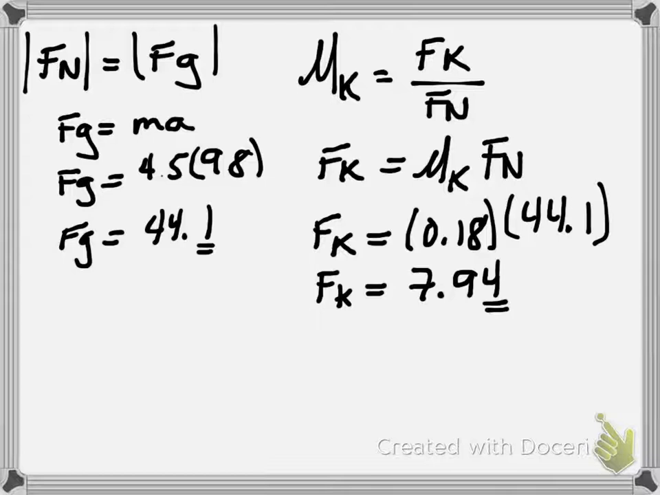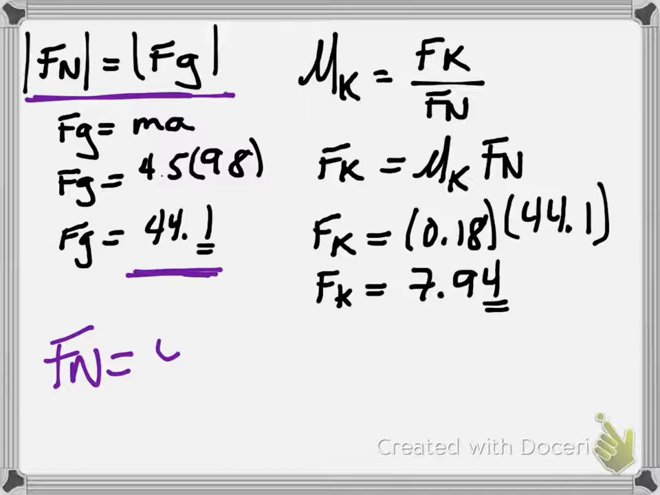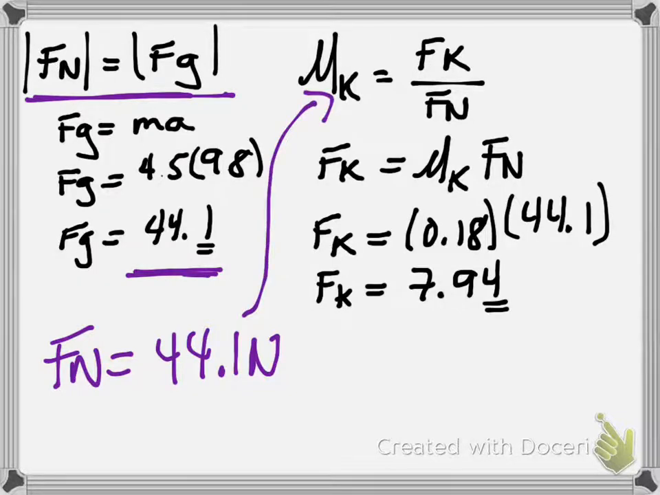So given a kinetic friction, for the first part, you can start off in different areas, but the area that I'm going to start off with is figuring out my normal force. And again, normal force on a horizontal surface is equal to the gravitational force. And so now I've calculated that my gravitational force is 44.1. So really my normal force is 44.1 newtons. Again, that's not rounded. But now that I have my normal force, I can then use that in my kinetic coefficient